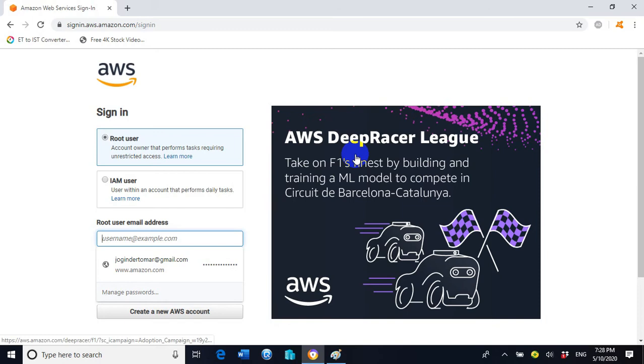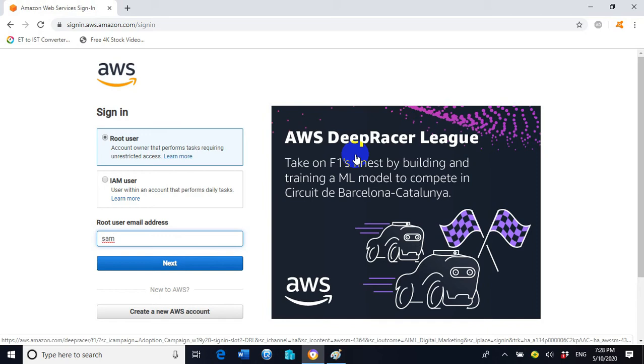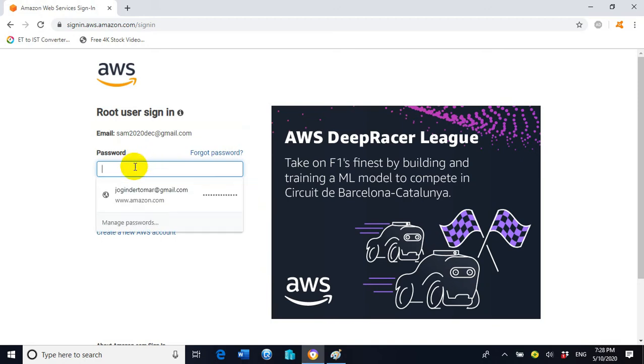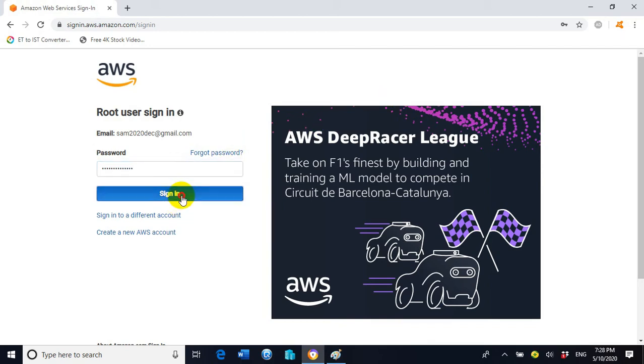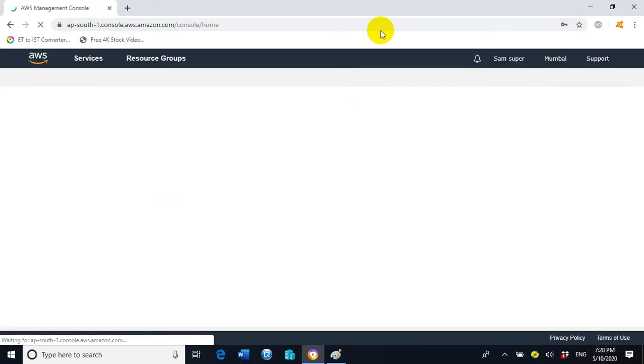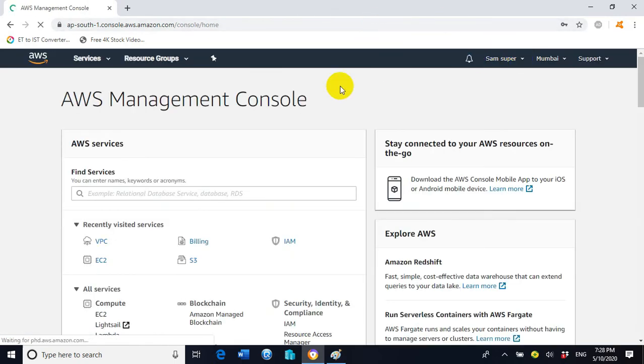Enter the email address, click on next, enter the password, click on sign in. Now we are inside the portal and we signed in successfully. You can see we are inside the Mumbai region.